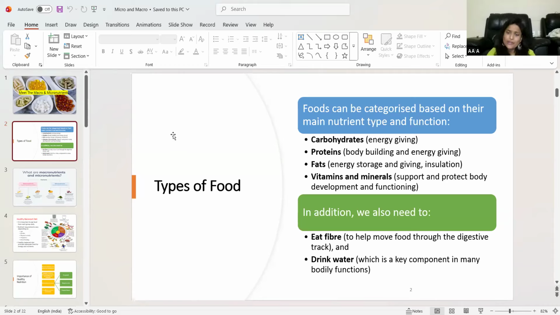Now you understood, right, the importance of carbohydrates and the importance of proteins. These are very important nutrients. I will explain how much percentage we have to include in the diet as on fats. Why are fats very important?